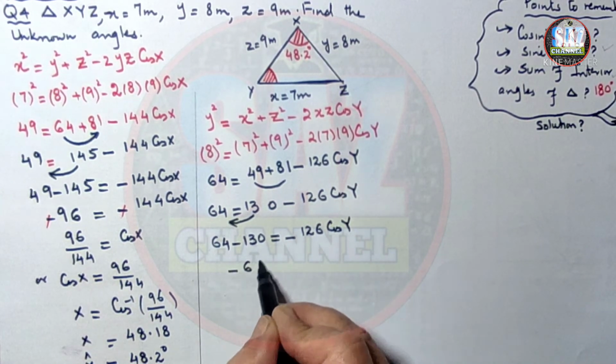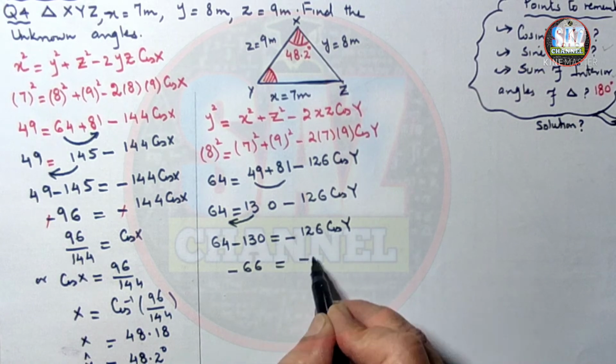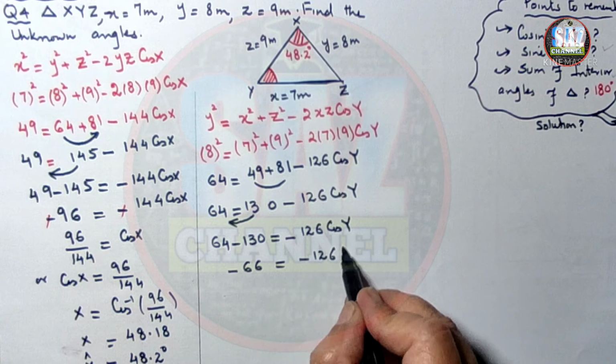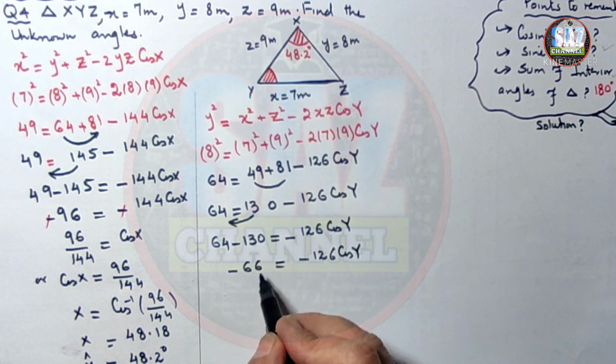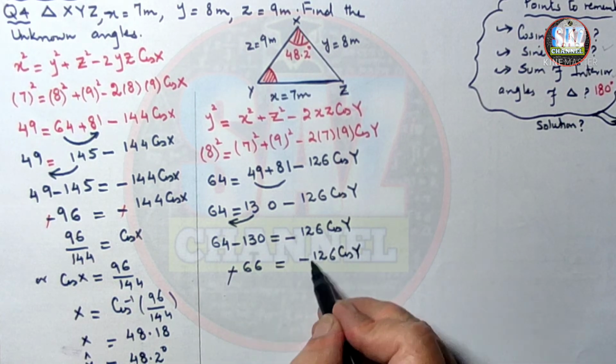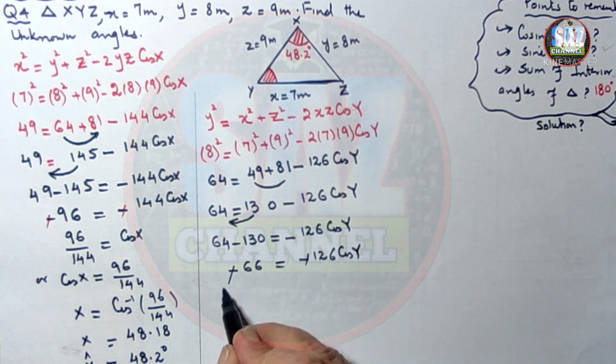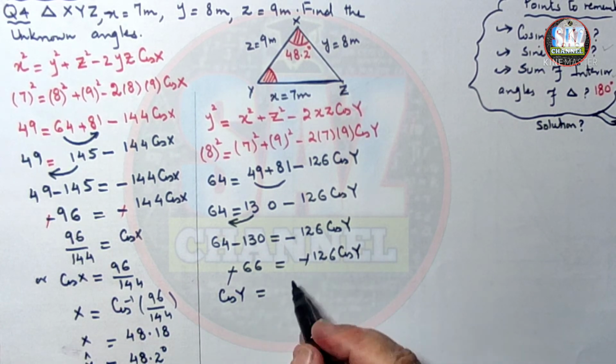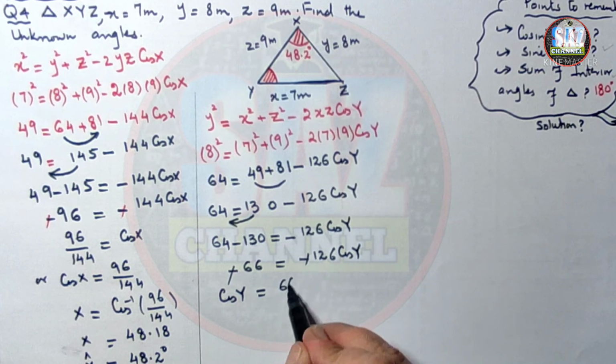Minus 66 equals minus 126 cos y. The minus sign will go with the minus sign and I will be left with cos y equals 66 upon 126,